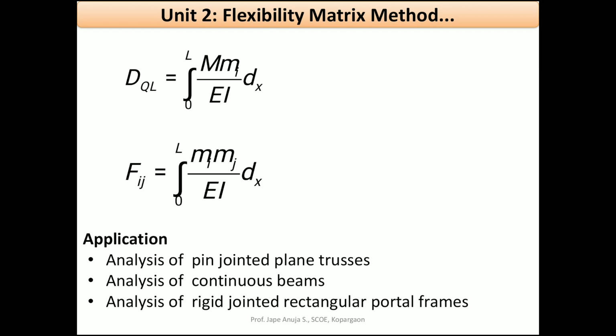How to use these two forms, we'll see in the next lecture, where this method is applied to a statically indeterminate beam through a simple problem. This method is applicable for the analysis of pin jointed plane trusses, continuous beams and rigid jointed rectangular portal frames.